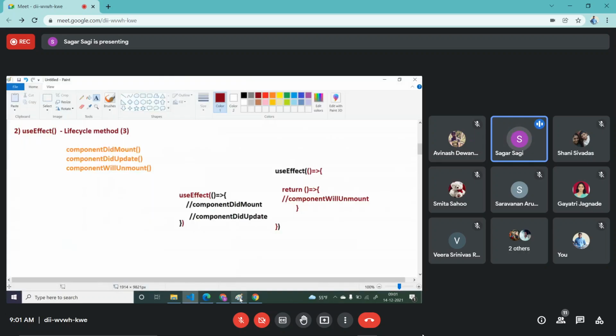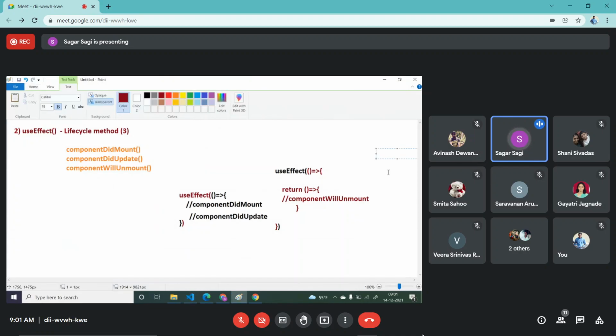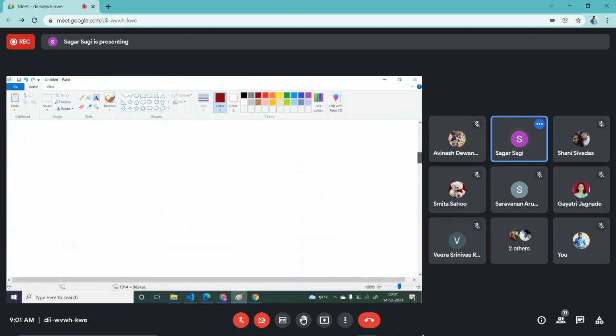In tomorrow's session we will try to do one task. We will try to fetch data from APIs, so that the API call should be done once my component is loaded.